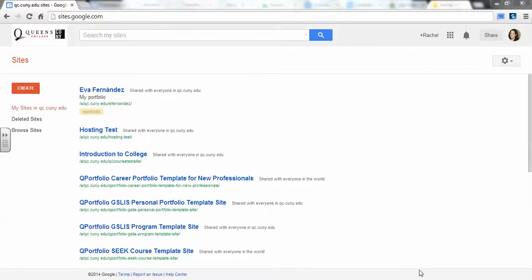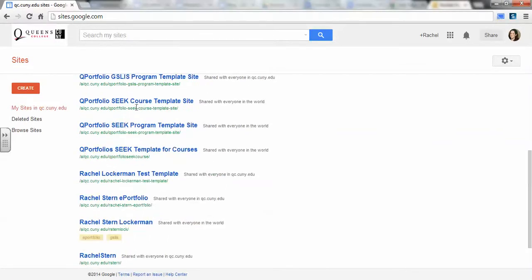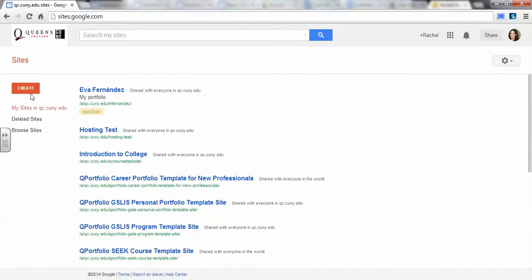So the first thing you're going to do is direct your browser to sites.google.com, right over here in the top, and it will show you this page. Now your page will probably be blank because you haven't created any sites yet, but once you do, all the sites that are here and that have been directly shared with you will appear here in this list. But now we're going to be creating a new site, so you click the big red button on the left